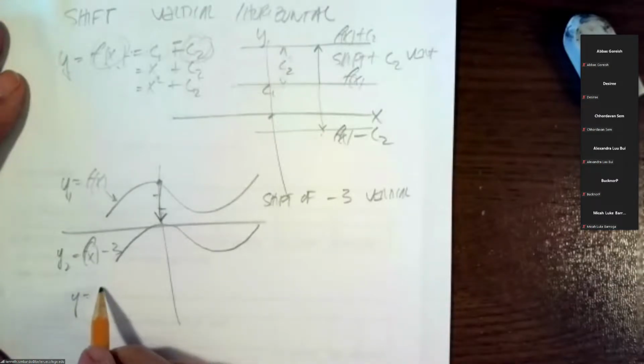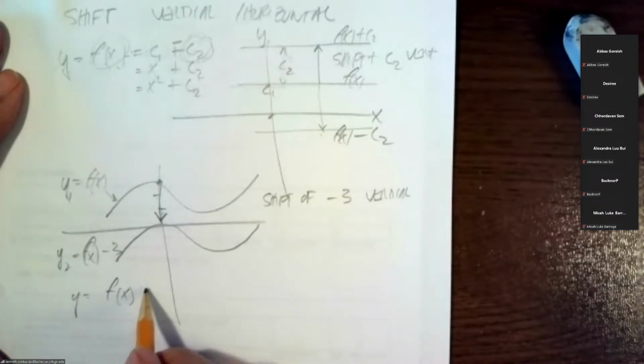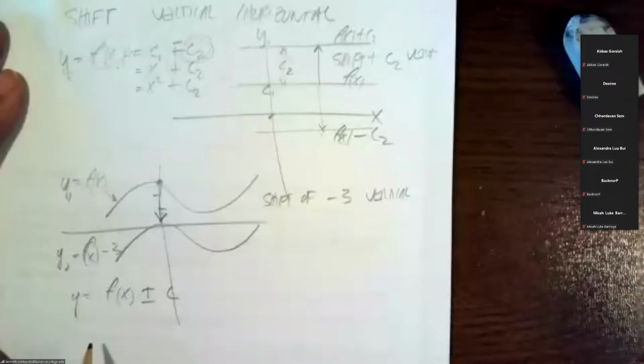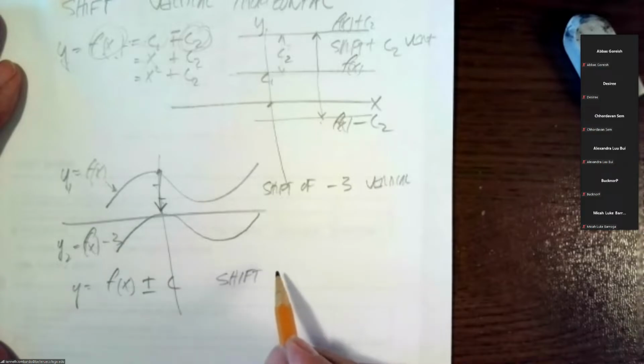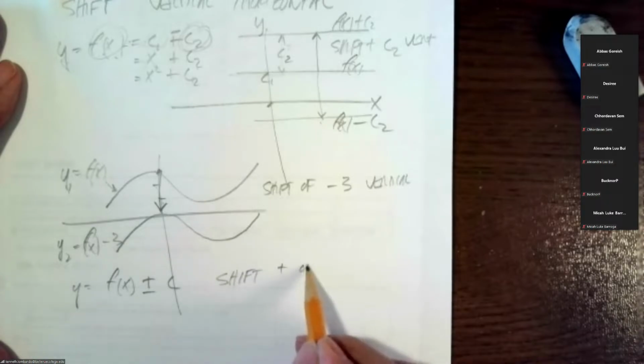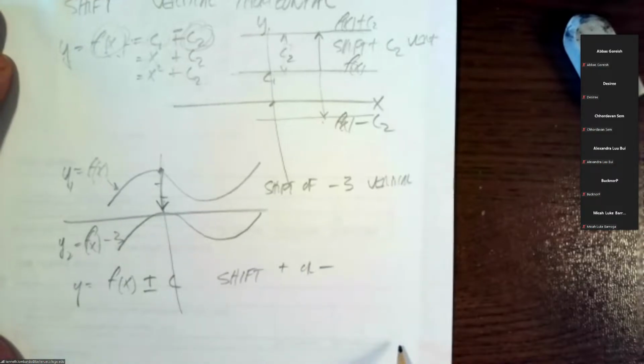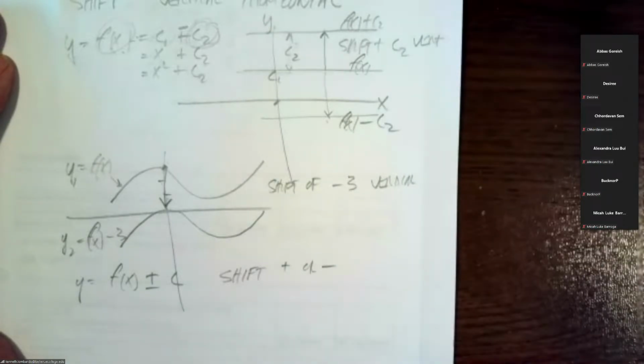Okay, so y equals f of x plus or minus some constant value, where this c is how much we shift. And it could be positive or negative. Okay, questions on that at all? Okay, now we might have,